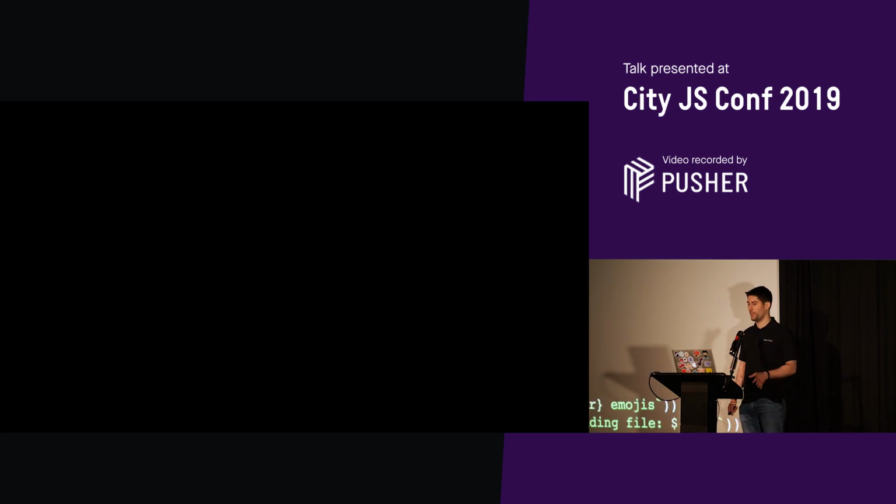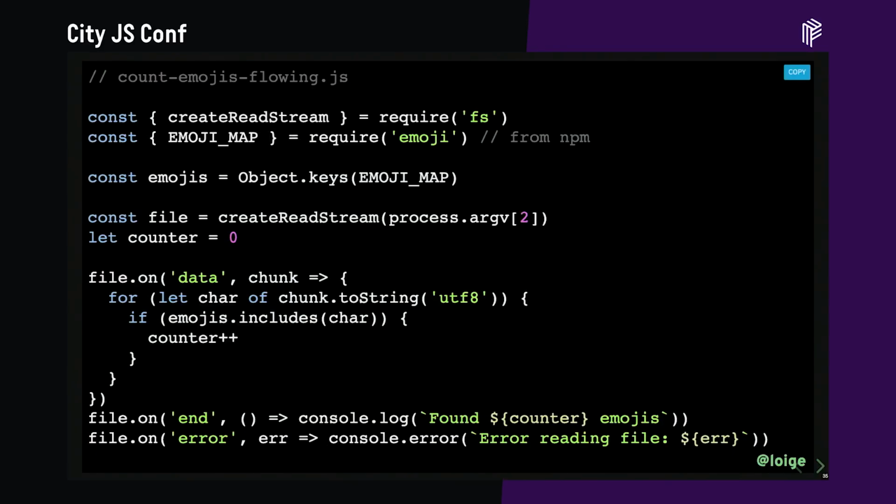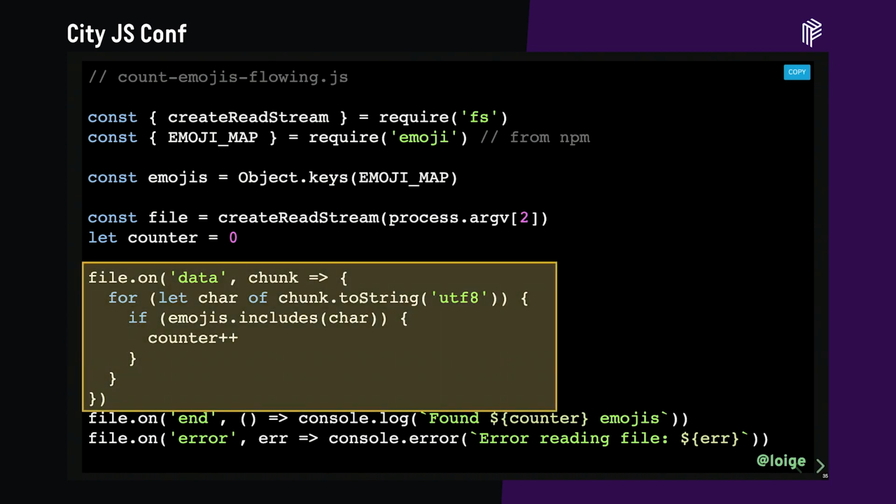So I want to give you a more practical example and a very funny one. Imagine you have text files and you want to know how many emojis there are in a specific text file. I'm using here a library from NPM that is called Emoji, so you can use that. It's amazing. You can get all the emojis. And then what I'm doing is essentially using this primitive that I just described before. As soon as I have a readable stream from the file system, I can say on data,